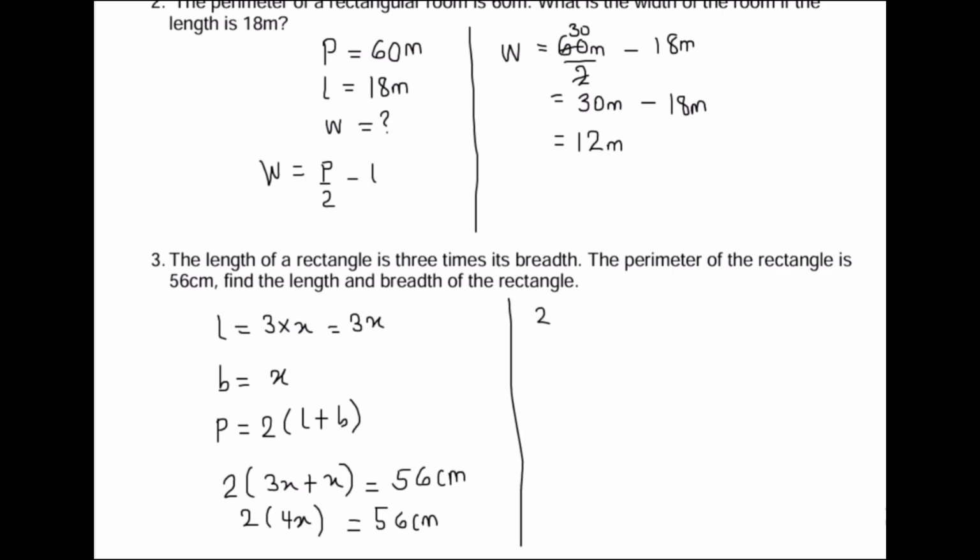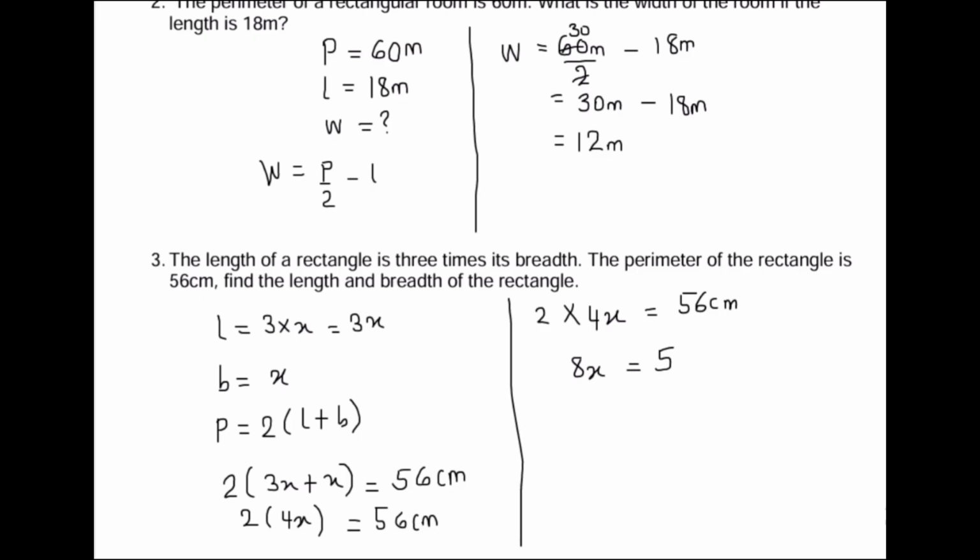So we are having 2 times 4x equals 56 centimeters. And that is going to give 8x